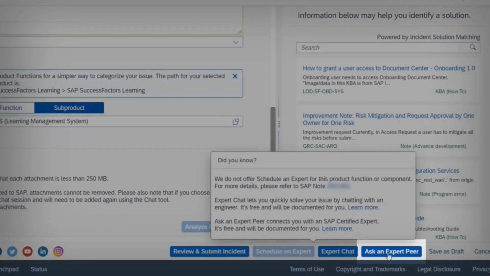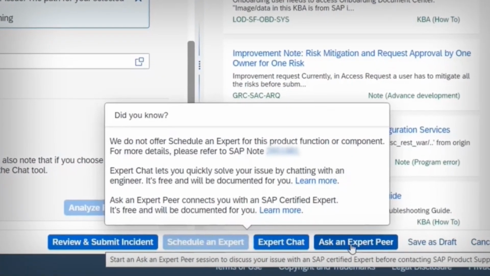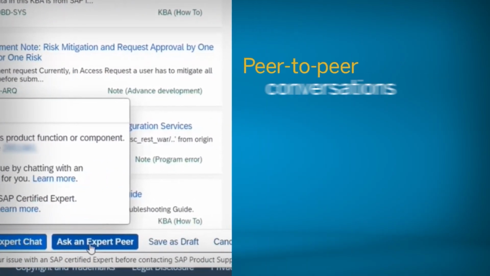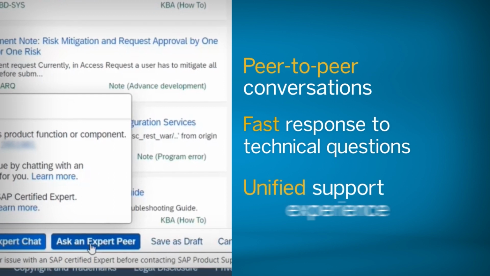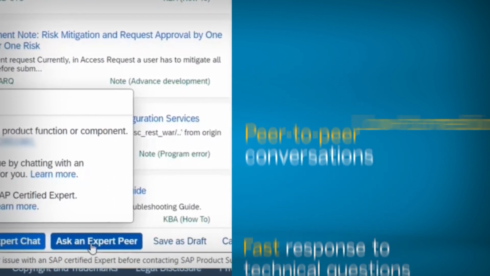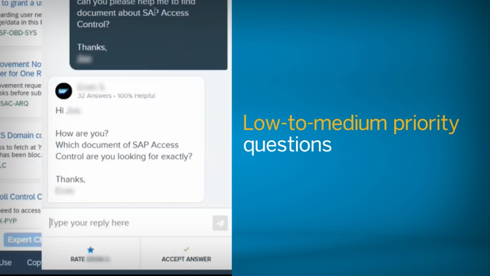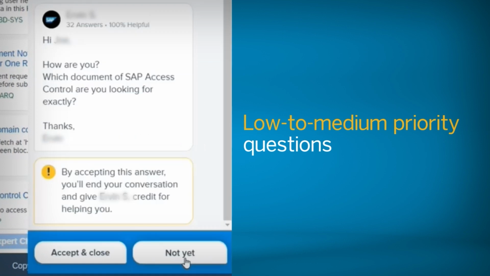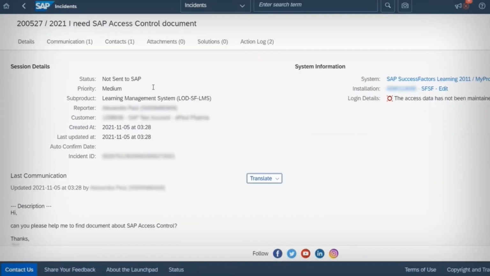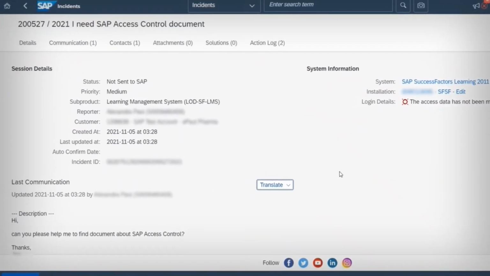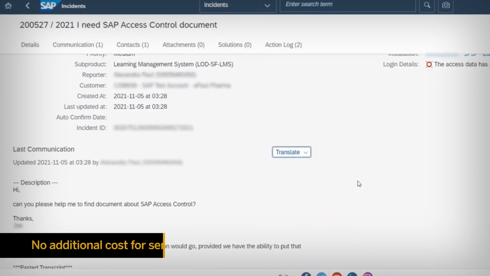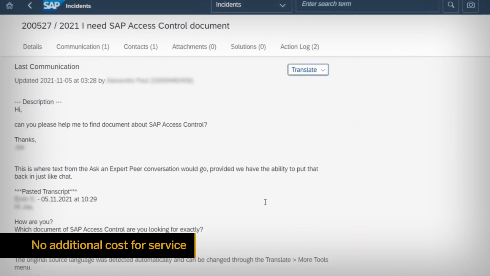Ask an Expert Peer delivers fast technical help for SAP solutions through peer-to-peer conversations in a unified support experience. It's easy to collaborate on your low to medium priority how-to questions through one-on-one interactions with a qualified and approved expert outside of SAP. With Ask an Expert Peer, you benefit from industry-experienced experts who provide solutions to your questions